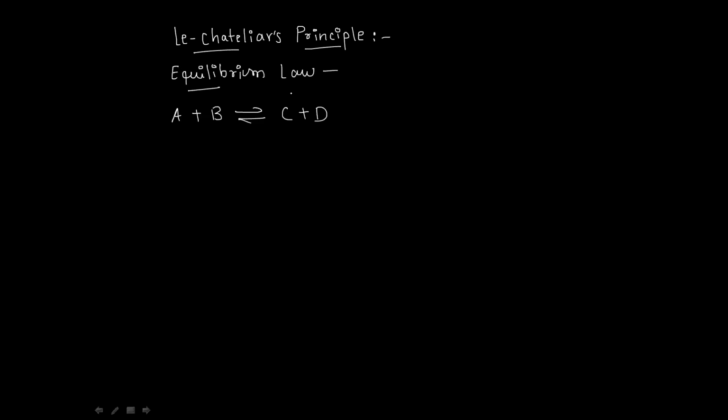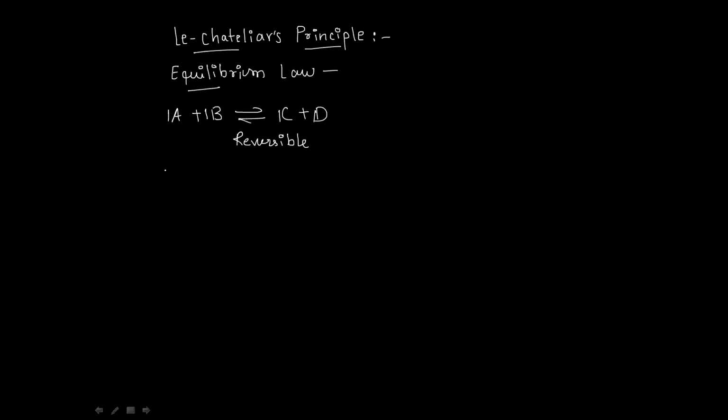For equilibrium to be attained, reversible reactions are required. Means the reaction must be reversible. Okay, so let's see what an equilibrium is. A plus B gives C plus D. Here the rate of reactant is equal to the rate of product. Means they are equal. Here also 2 moles of reactant are present and 2 moles of products are present. They both are equal. So it is known as an equilibrium reaction, or it is constant. Means right now the reaction is constant.